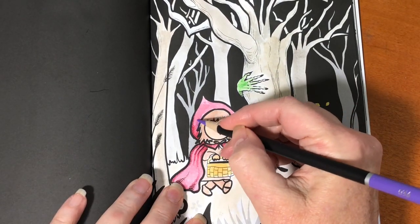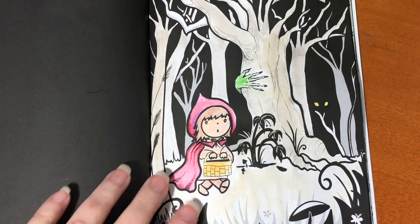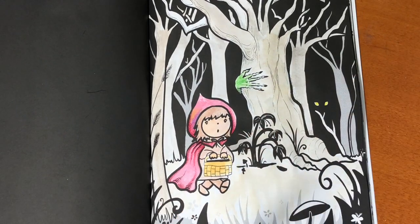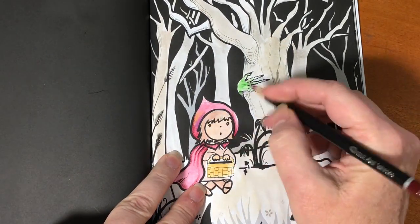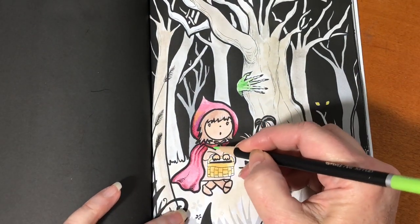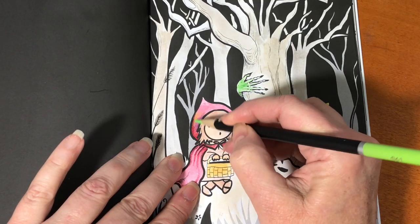Whoop, I have started coloring. This is fast, obviously, because otherwise this would take at least an hour and you would probably be bored. So with the red hood and her little outfit, as you can see, I'm using green here. I used blue